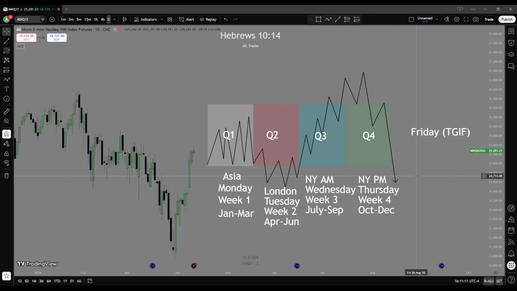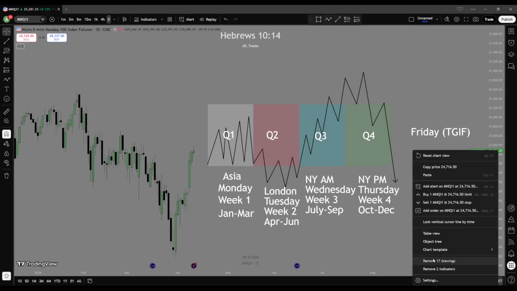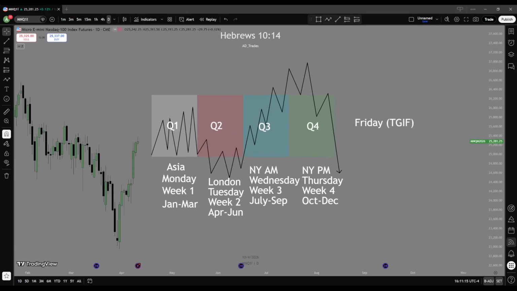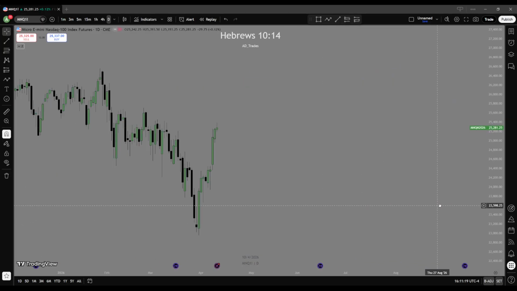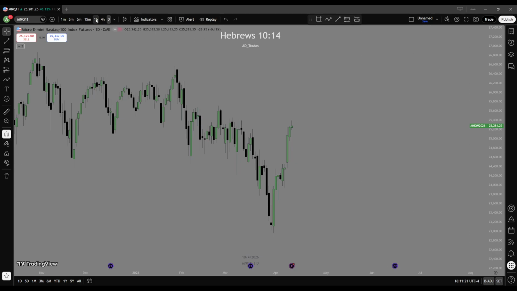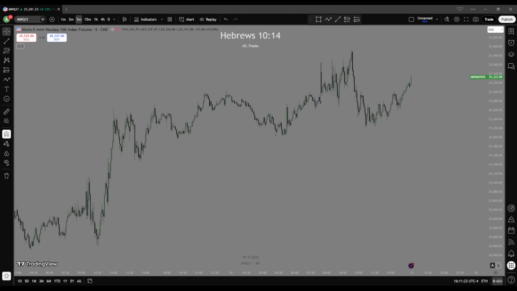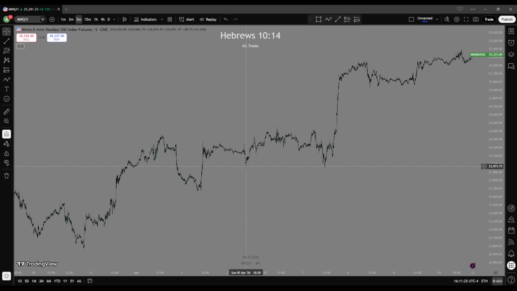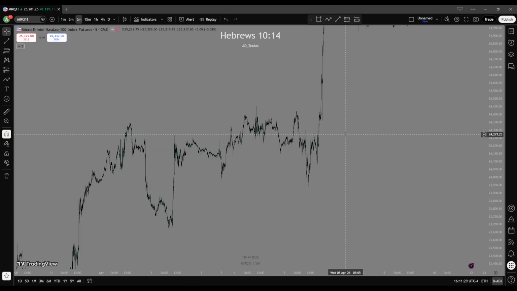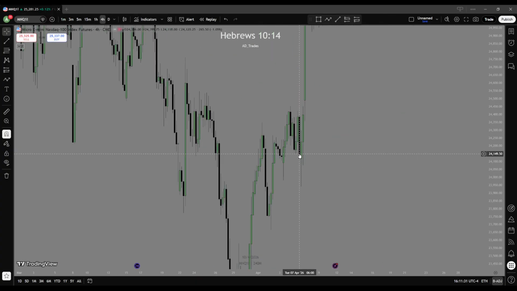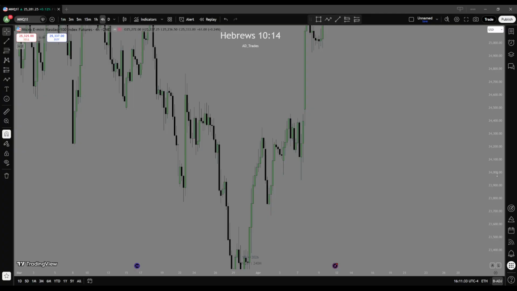So now, what does this look like in practice? How did I use this in my trading? Here, you guys can look at the chart a little bit. I'm going to delete this for now because it's in the way. How did I use this in the past week? How have I used this lately? I'll tell you exactly how I used it. On Tuesday, was it? Perfect. Let's go in here and I'll break down the trade using quarterly theory